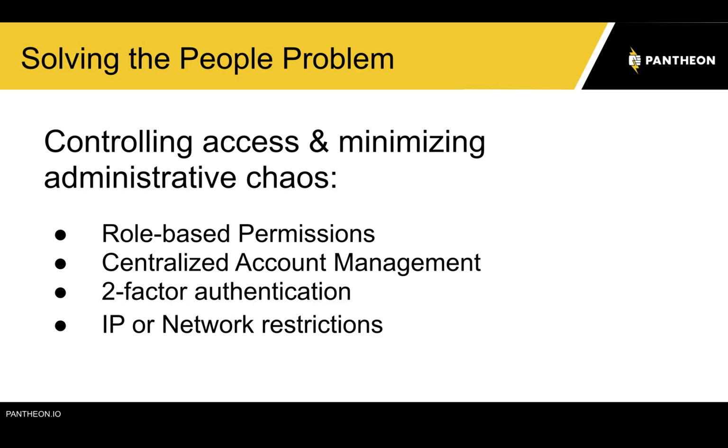It's very easy for it to fall into the wrong hands. If you create a centralized accounting system, which most big organizations have at least some semblance of, the challenge is they don't use it for everything, then you have a central way to see, okay, who's in and who's out, who's an employee and who's not, and what role do they have. And then you can say, hey, now that we have a centralized account management system, let's do something like have